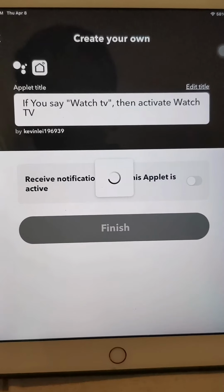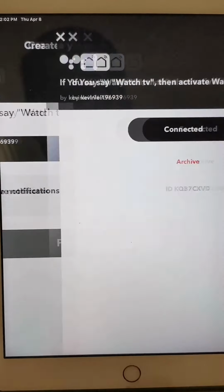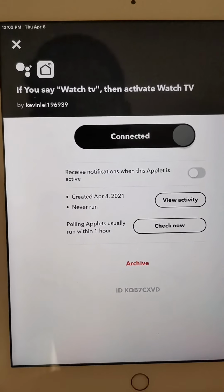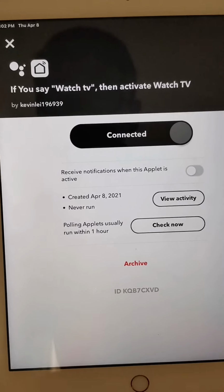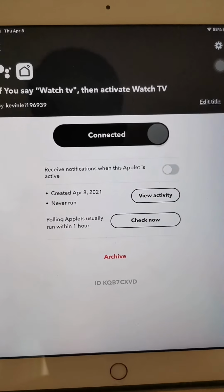So this is done. So when I link my IFTTT to my Google account, I can just activate Google Assistant and say watch TV, and that's what it does. It will turn on everything for you based on the Smart Life setting that you have just set. So that's it. With a small simple device